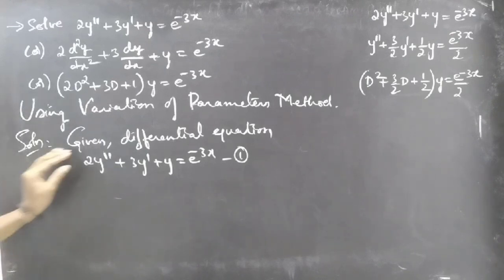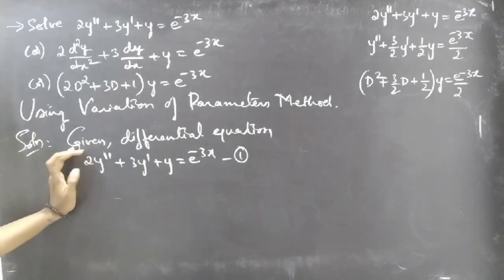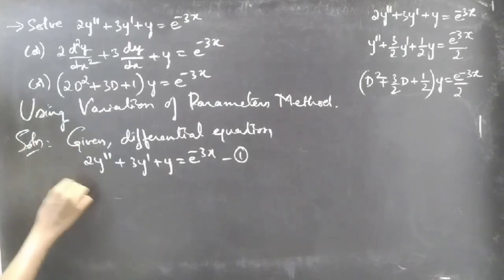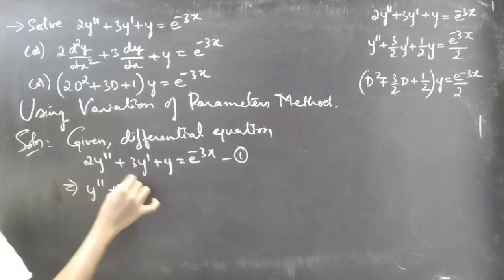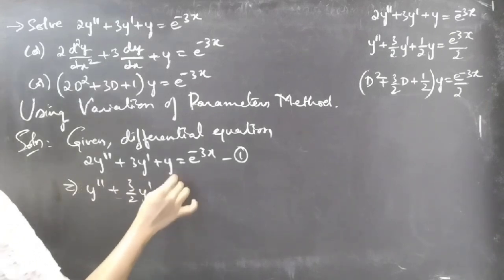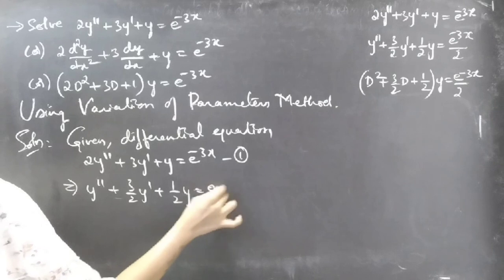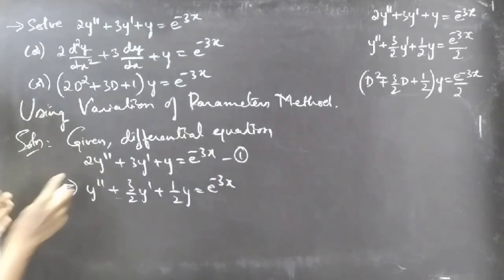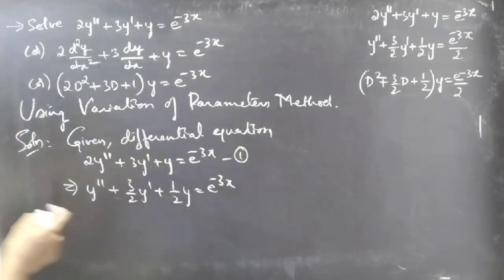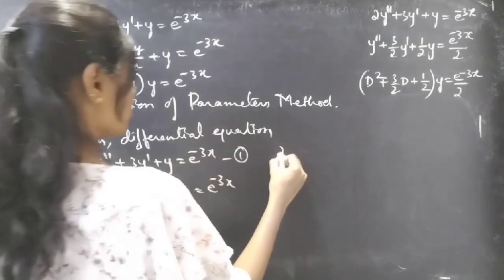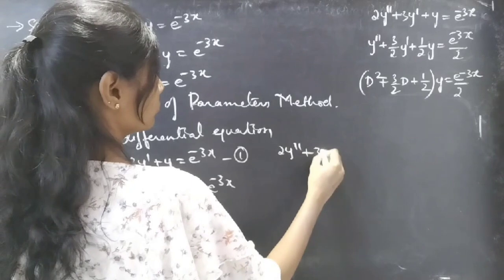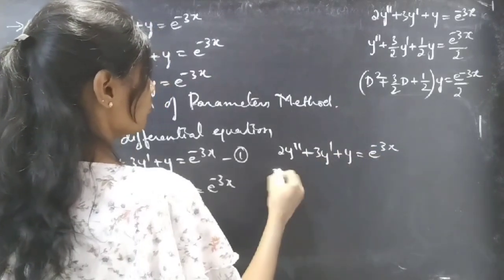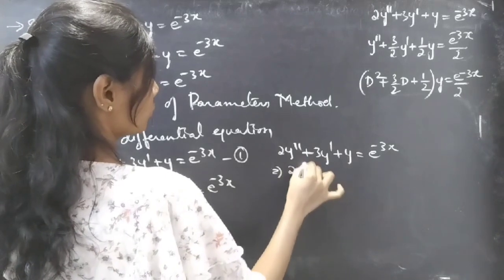So we'll make the coefficient of y'' unity by simply dividing both sides of the equation by 2, or you can just write directly y'' + 3/2 y' + 1/2 y = e^(-3x), or you can just divide both sides of the equation by 2, so that the 2 gets cancelled from the first term. So if we divide both sides of the equation by 2,